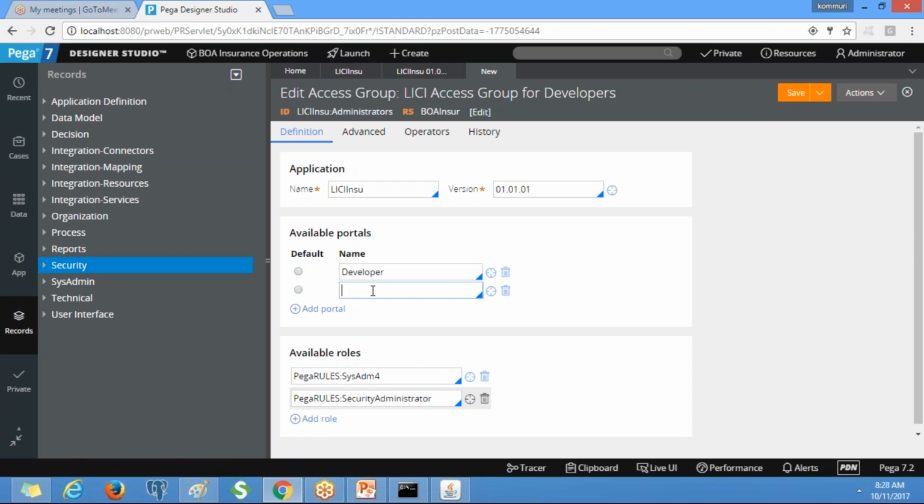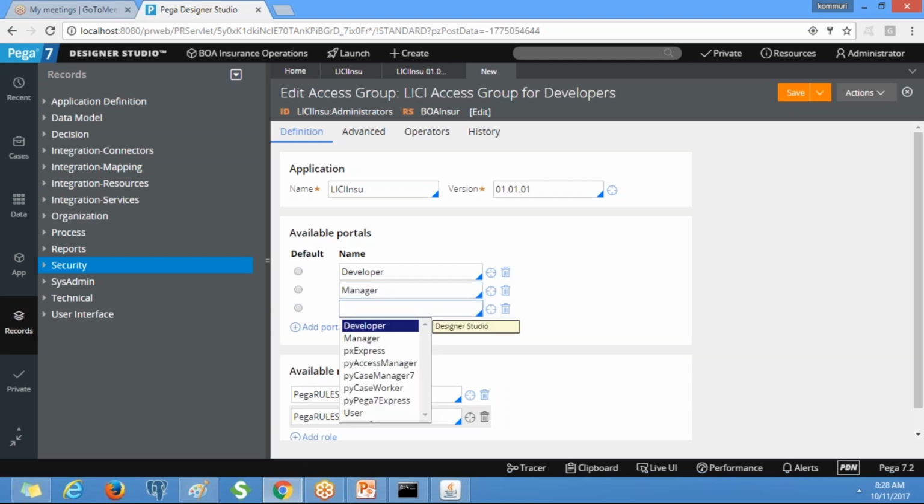Managers and users are not going to develop an application, but we should have the manager and user portals in order to do the testing. So you can add manager as well as user portals from the list of values in the drop down.